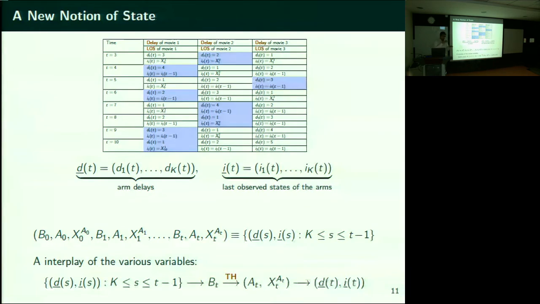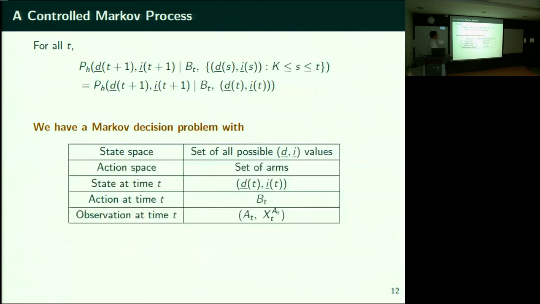Remember, this is not the state of only one arm or anything of that sort. It's the state of the full multi-armed bandit system. So this system is in a certain state, you apply a certain action to it, a control, which is your BT, your hand trembles, something happens inside and out comes A_t, X_t^{A_t}, and the system state itself changes. System state changes, apply a new action, system state changes, apply a new action, this keeps happening. So we have a very nice Markov decision problem.